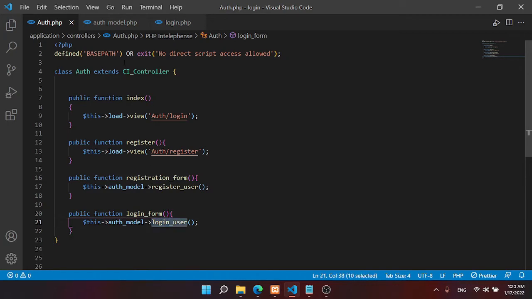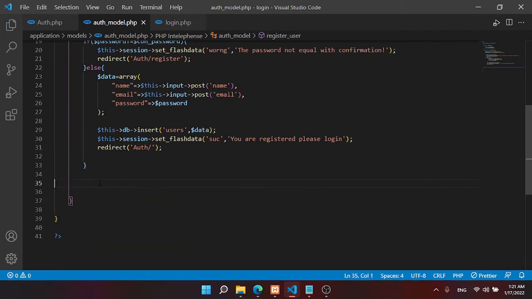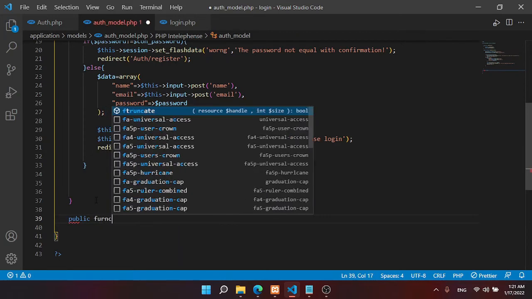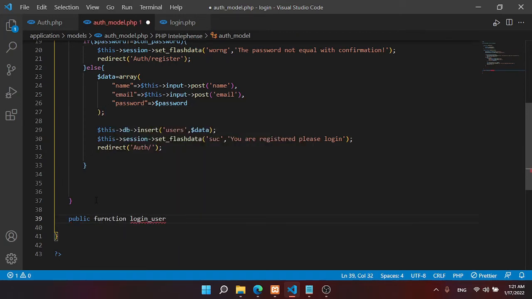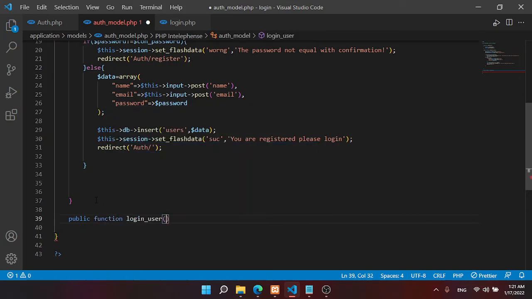Copy this file and go to auth model. Now, sorry, public function auth user,